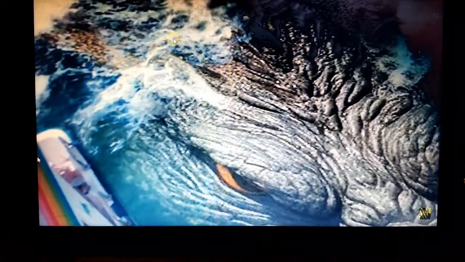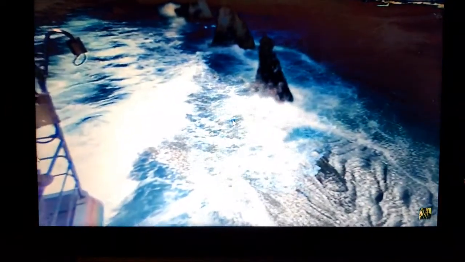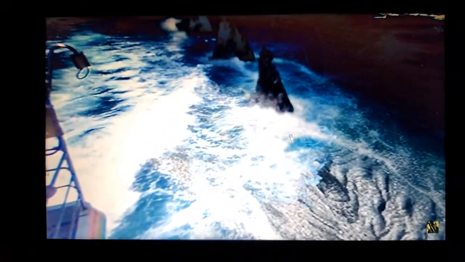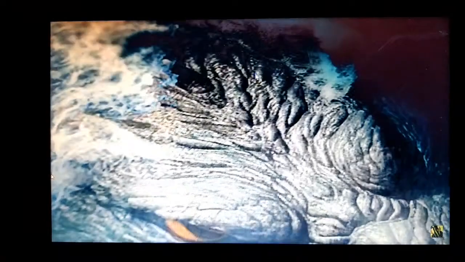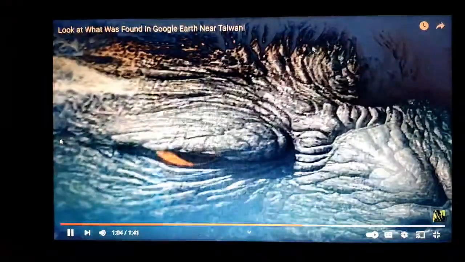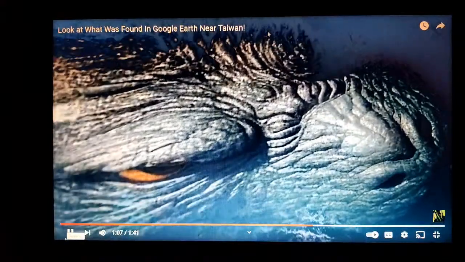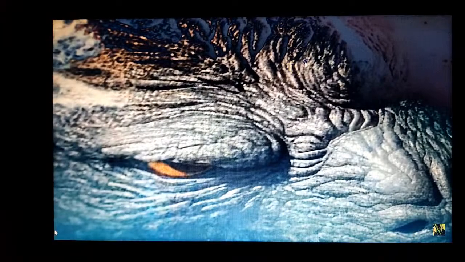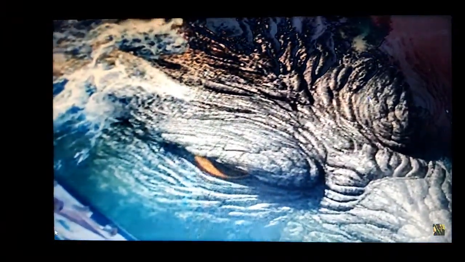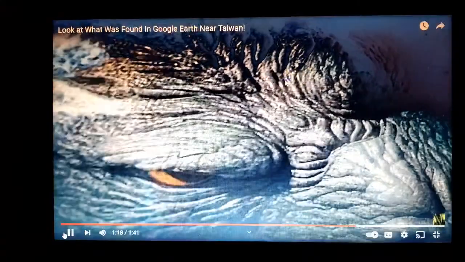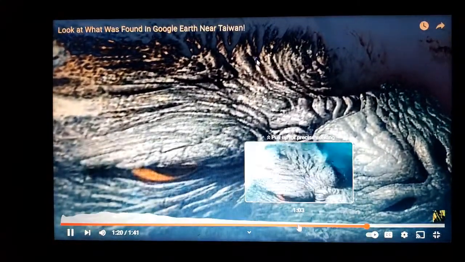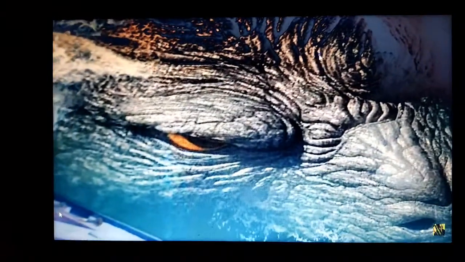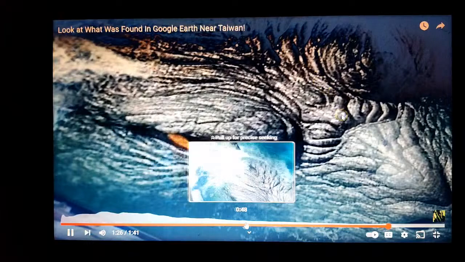So somebody somehow has gone in and put this massive dragon or dinosaur in the water here with parts of it popping up out of the water all the way back through there and hid it in Google Earth. Or you could say it's real and it's there, huh? So which is it? How do people get in here and hide these images in Google Earth? Is it possible? If so, let's see some proof. Pretty crazy find nonetheless when you're just looking around on Google Earth.